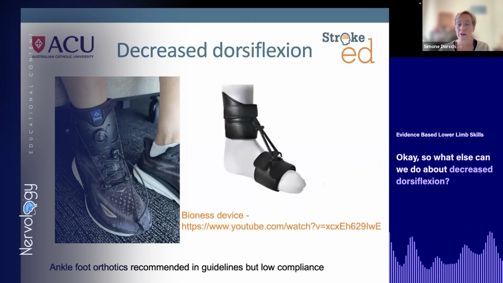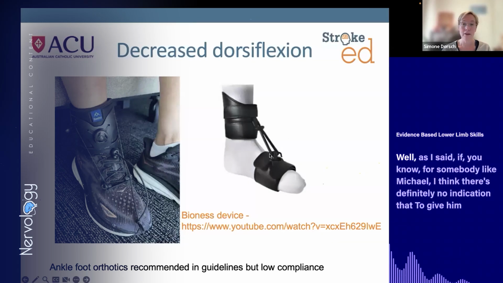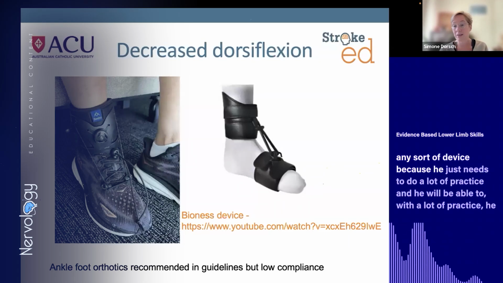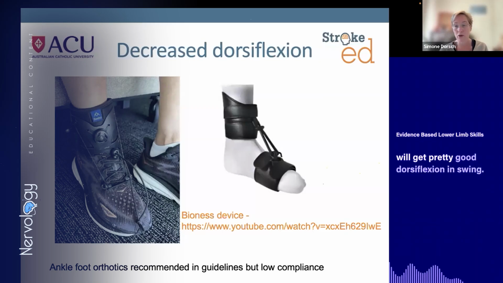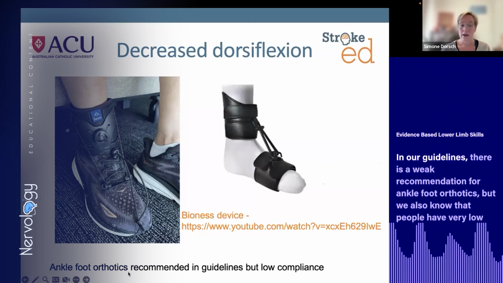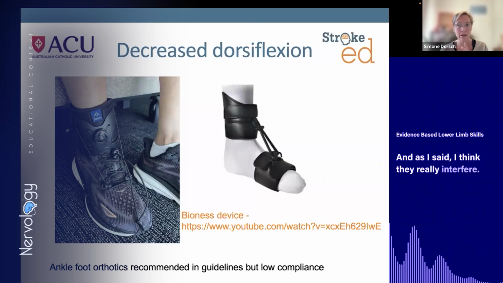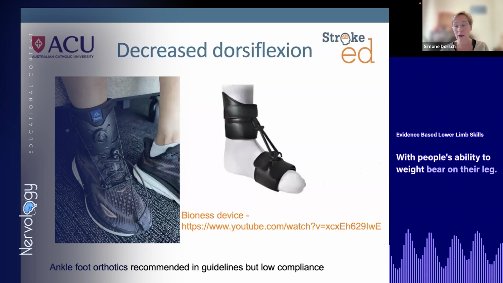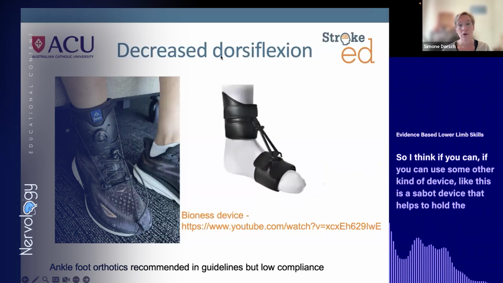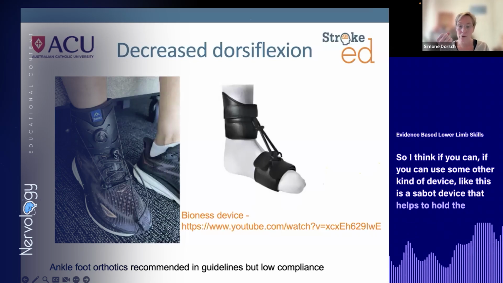Okay, so what else can we do about decreased dorsiflexion? Well, as I said, for somebody like Michael, I think there's definitely no indication to give him any sort of device, because he just needs to do a lot of practice, and he will be able to. With a lot of practice, he will get pretty good dorsiflexion in swing. In our guidelines, there is a weak recommendation for ankle-foot orthotics, but we also know that people have very low compliance with them. And as I said, I think they really interfere with people's ability to weight bear on their leg. So I think if you can use some other kind of device, like this is a Sabo device that helps to hold the foot in some